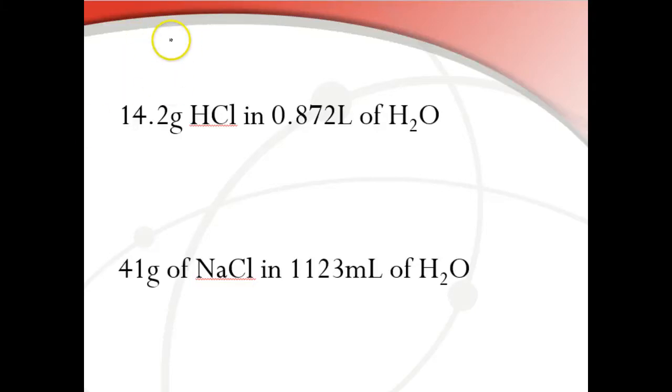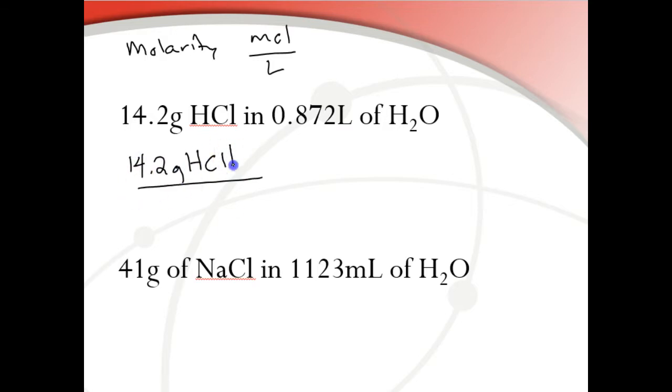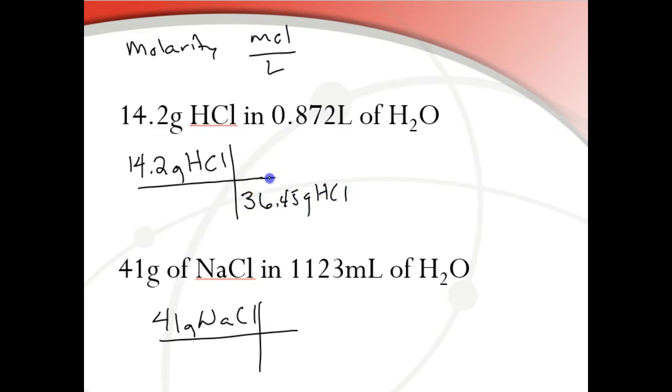We have to know that molarity is measured in moles per liter. We'll use that as a conversion factor in the next slide, but this is just calculating molarity. So we have 14.2 grams of hydrochloric acid, and we have 41 grams of NaCl in this example. So we have our molar mass, 36.45 grams of HCl in 1 mole of HCl,